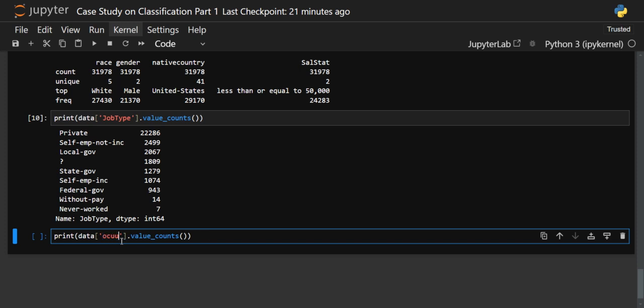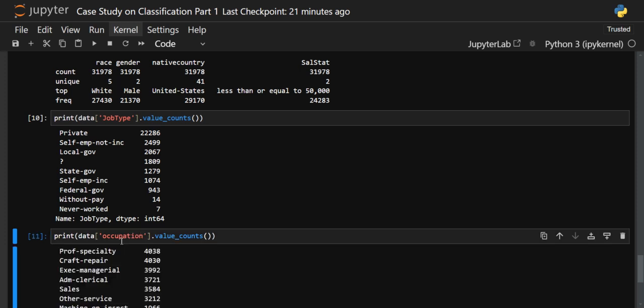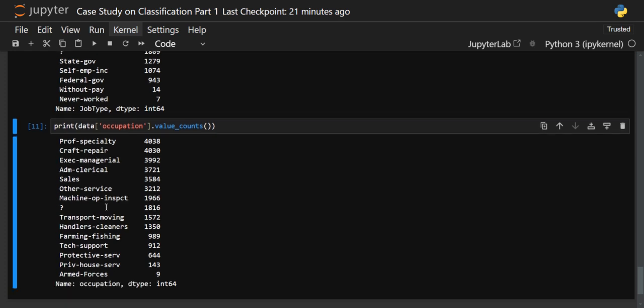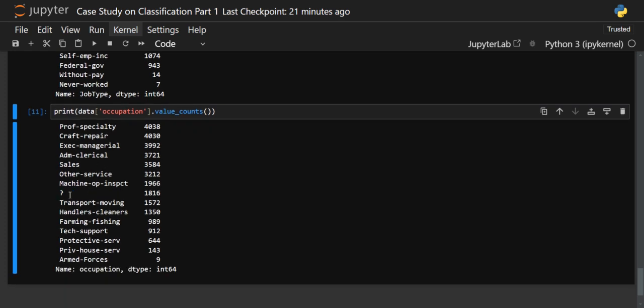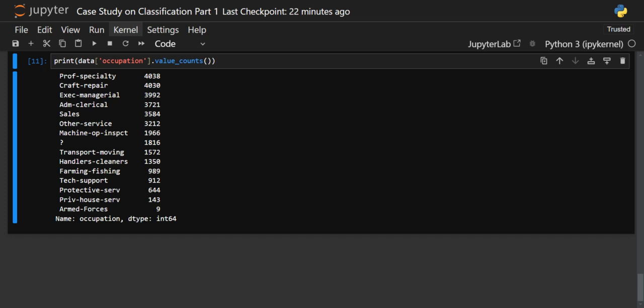So we'll just convert from job type to occupation. Now in occupation also you can see we are finding this question mark, meaning this special character. So we are now sure that there are missing values also, but because there is a special character in place of the missing values, they are not getting considered as the NaN values. So for that, what we have to do,